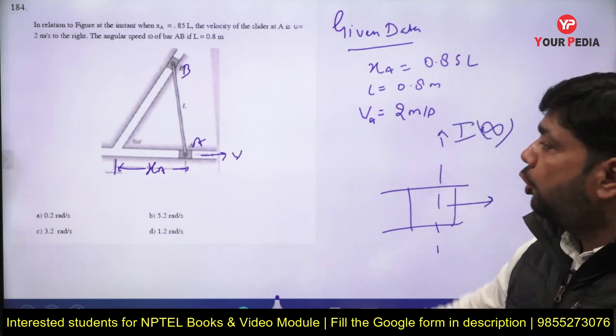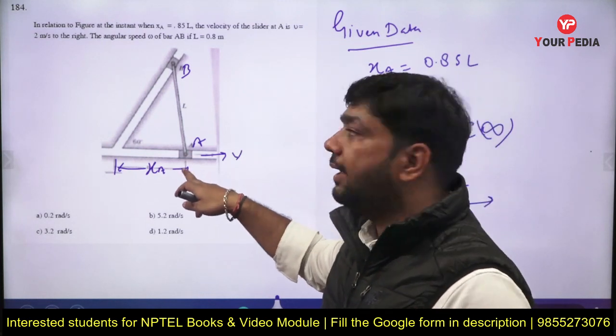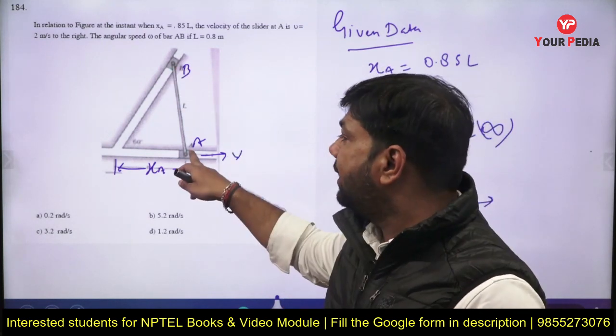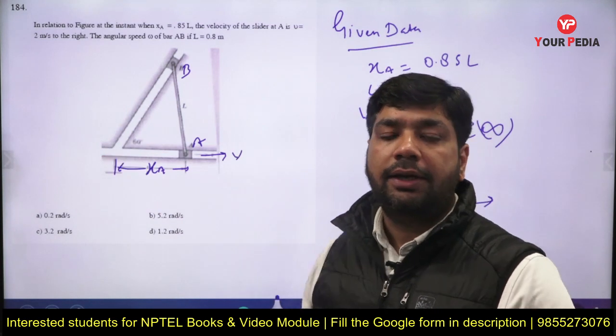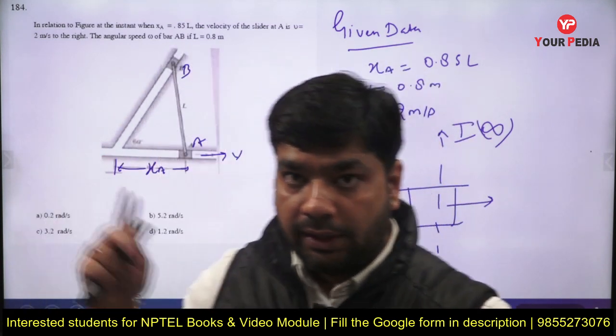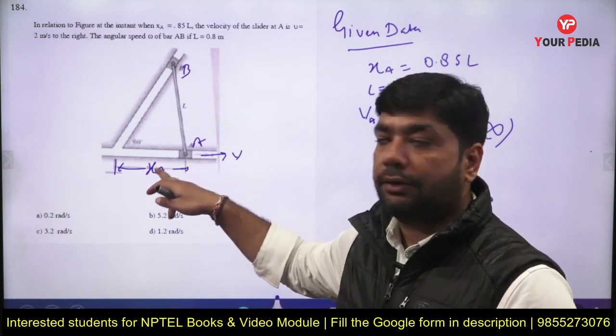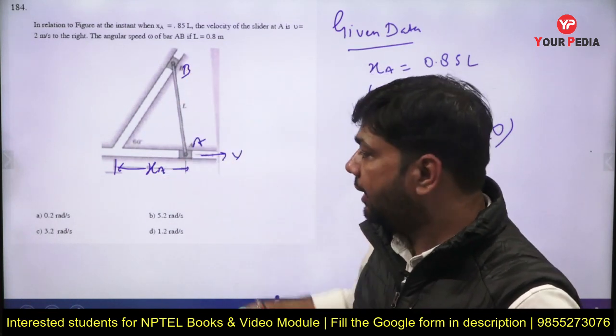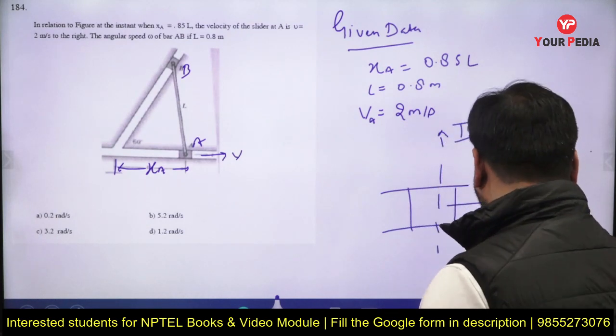So there are two sliders at that point. One is here and another one is here. One lies at a point A and another one lies at a point B. So both of them, the instantaneous center lies at the infinity for the sliders, for the slider, not for the link, है ना? So we are just going to make the diagram again.